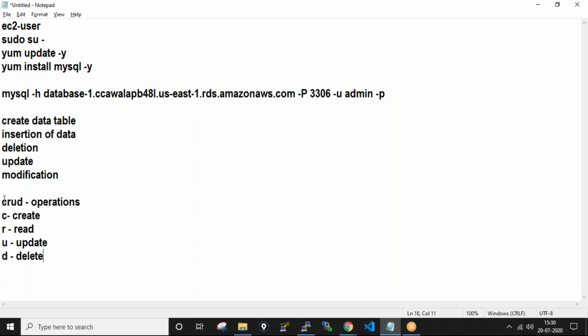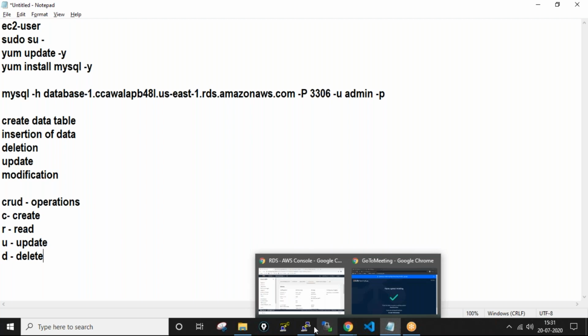These are very important in data science as well as data mining. Creation is done and insertion of values is done. Read is nothing but select star from the particular table name, and then update and delete. So you can delete and you can update the values also.